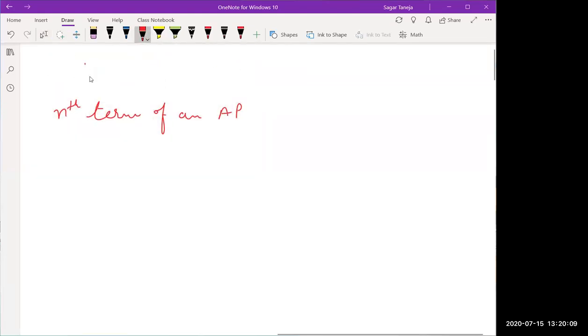First of all, let me write here an AP. An AP I wrote yesterday like this: a series A1, A2, A3, A4 and so on till the nth term. Like this is the fourth term, we don't know which term it is, still it is the nth term. We can call it the last term. So the nth term of an AP means